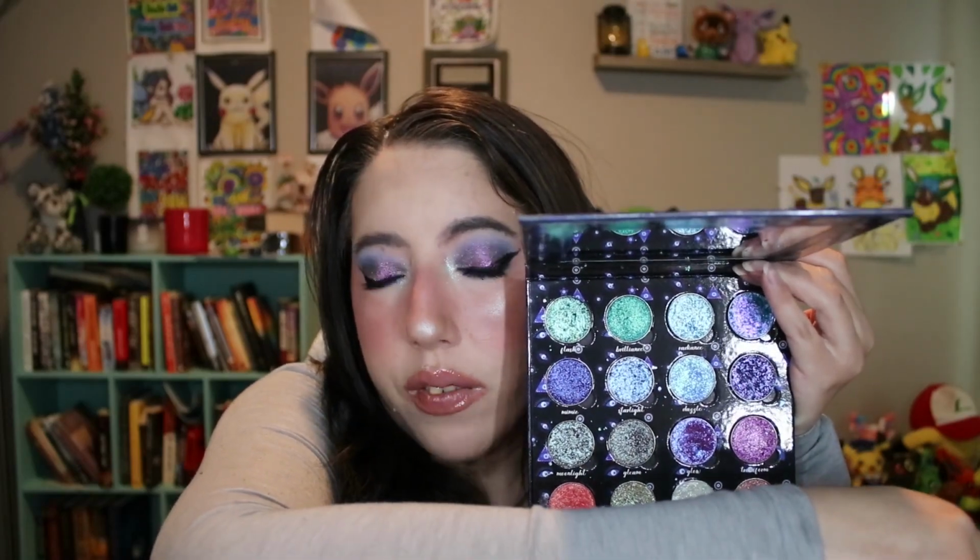I know this palette is discontinued and it breaks my heart, but I gotta talk about it. A lot of these palettes are discontinued. But this one was recently discontinued, so we're gonna ignore this bottom row. Here we have beautiful icy blues, greens, purples, perfect for this time of year. And then this shade down here could also be very pretty for this time of year. It's kind of like a mint to green to brown